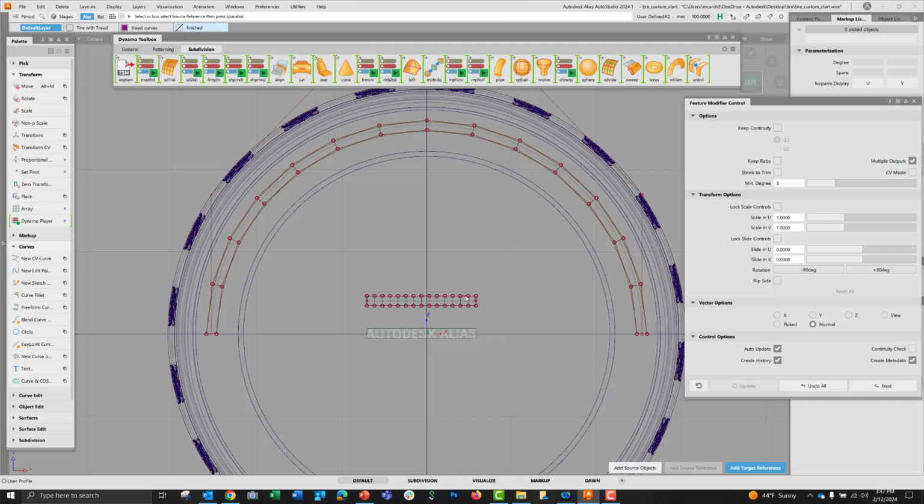The source reference will be this plane that we copied. And the target will be each of these individual segments of the sub-D. And you'll notice it's creating something, but it's repeating the text. So I want to uncheck multiple outputs and continue selecting the rest of these boxes,